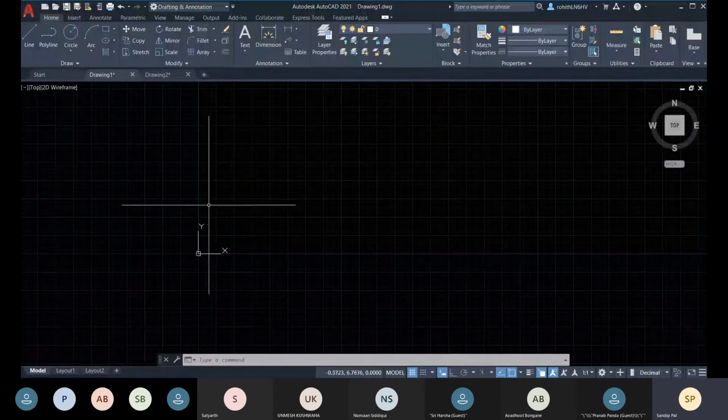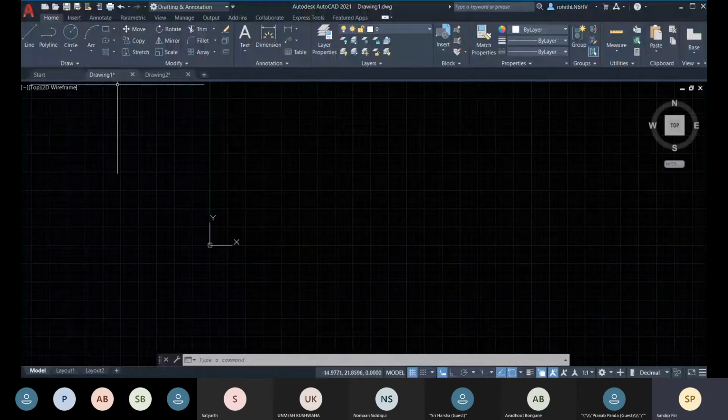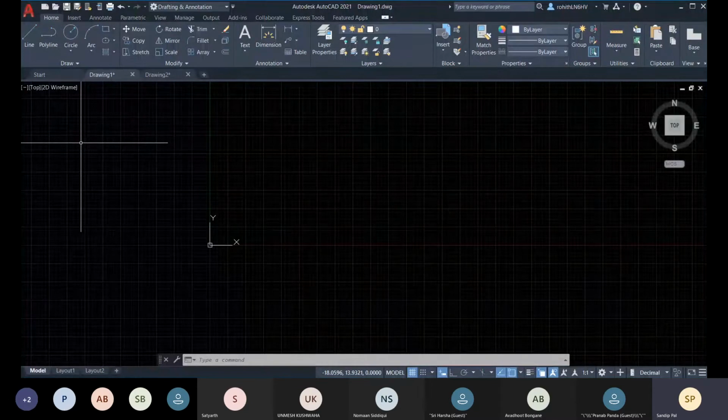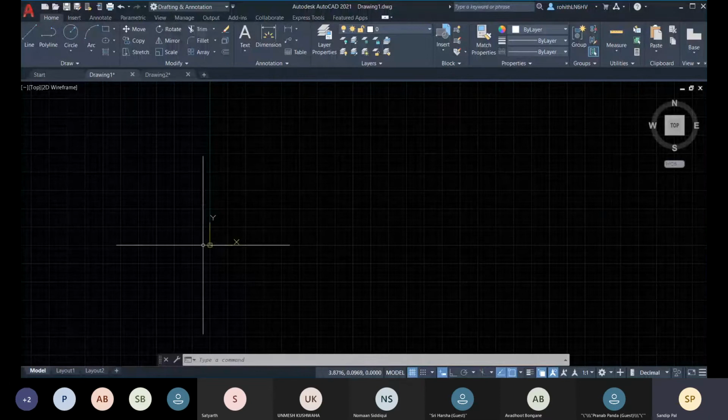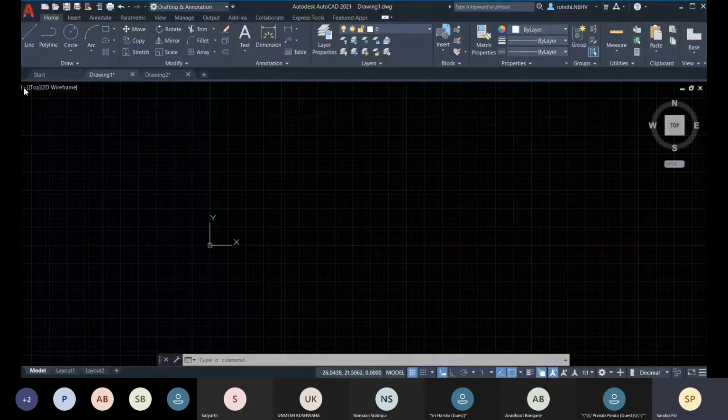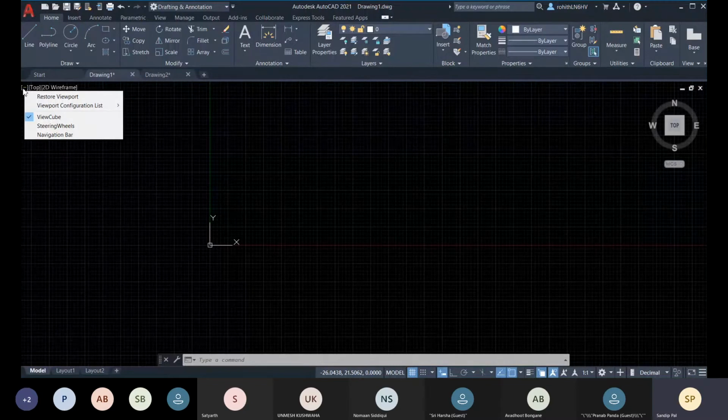And now let me come to this home tab. Now let me talk about this black area. This is called your viewport, or in local language you can say drawing area. Drawing area is not the proper term, so the right term is your viewport. And here you have the viewport control menu. This minus symbol is your viewport control menu. Here you will get some menu to control your viewport. I'm coming to this part later.